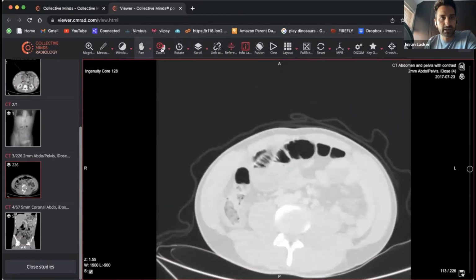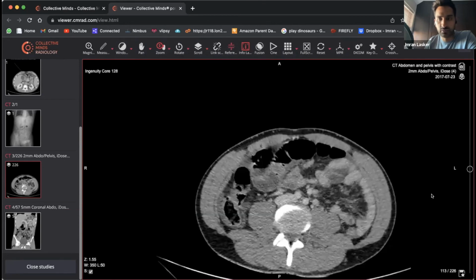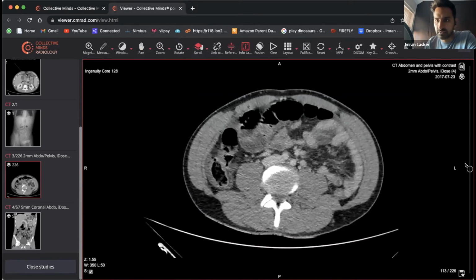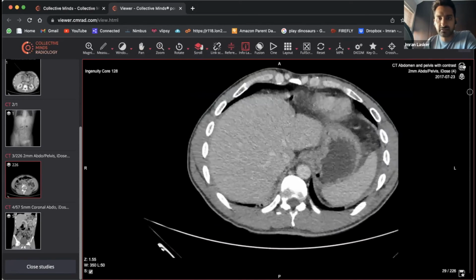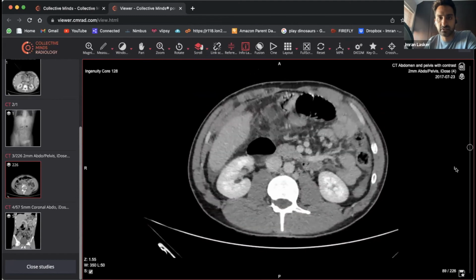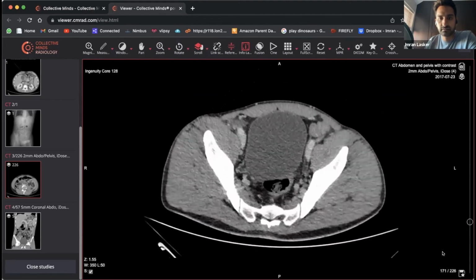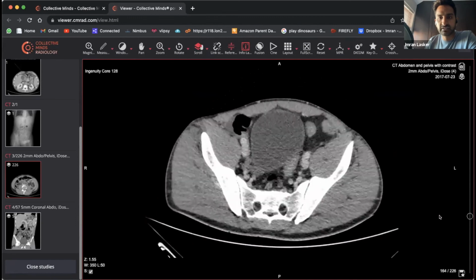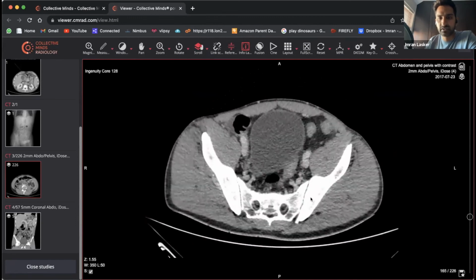Now let's go back to the abdominal windows. Let's bring it back to the middle of the screen and go back to zoom, scroll. And let's go from the very, very top. As you scroll from the very top, let's just do one run through just to see what's going on. So sometimes from the musculature of a patient, you can see that they're probably not that old, because